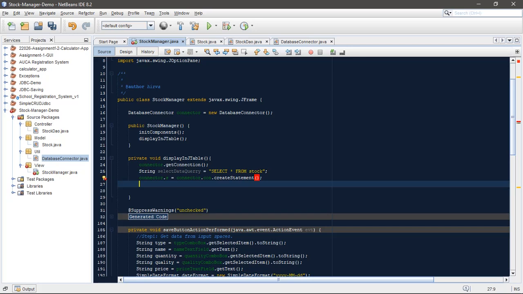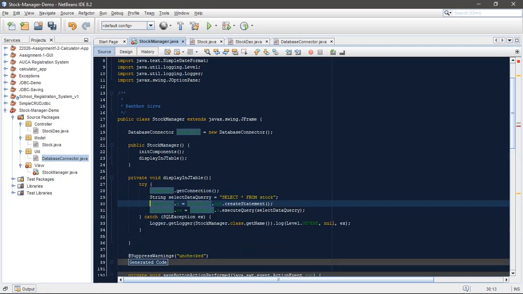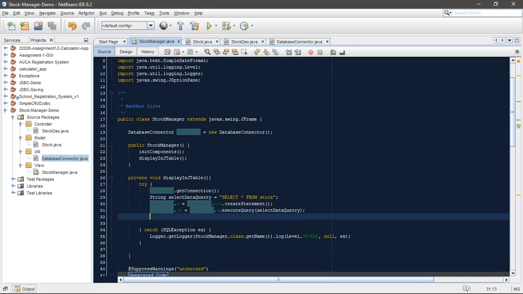Now the next thing is executing this query that we have. How do we execute the query? We are also going to use the connector and say that the result set is going to get data from the database after we have executed the query. Then we add a try and catch statement, and then now what we are going to do is